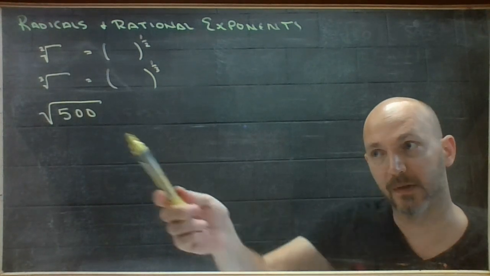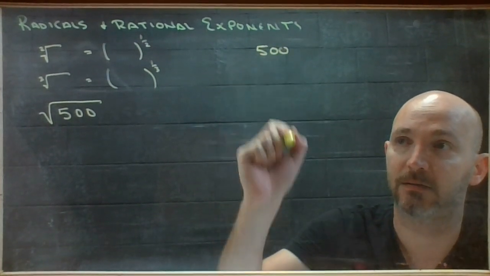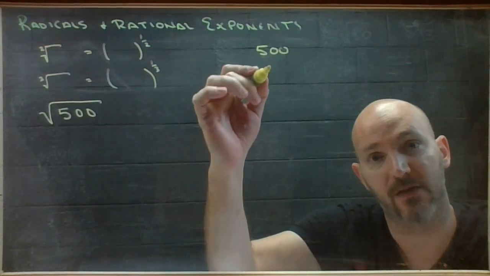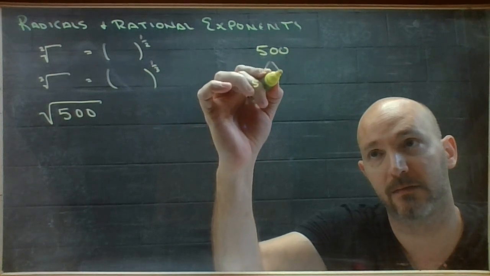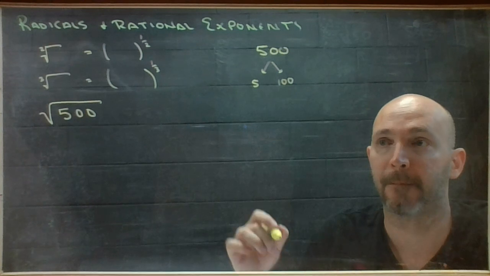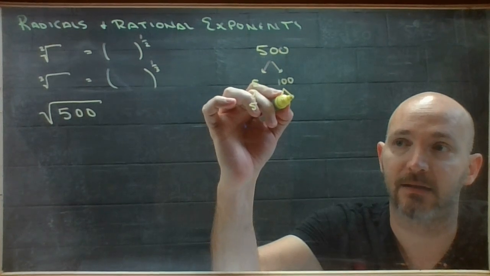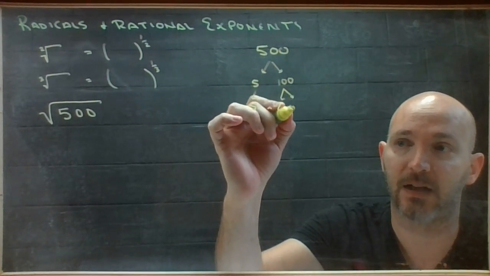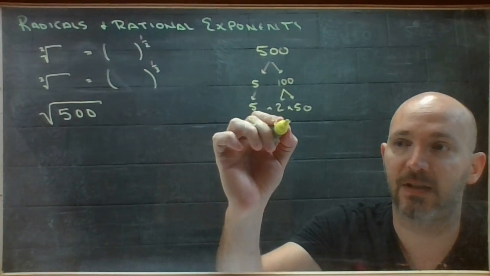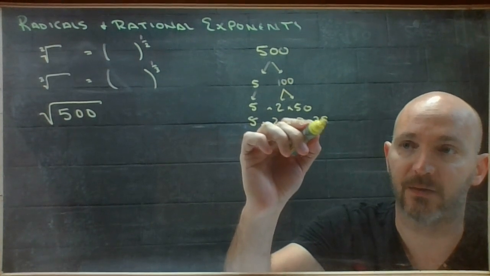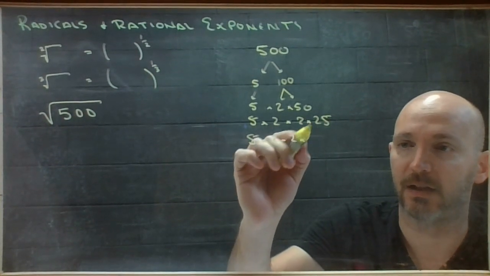Okay, so square root of 500. And I'm gonna take this number, and I'm gonna try and prime factor it. So 5, that's 5 times 100. Now 100 splits as 2 times 50, and 50 splits as 2 times 25, and 25 splits as